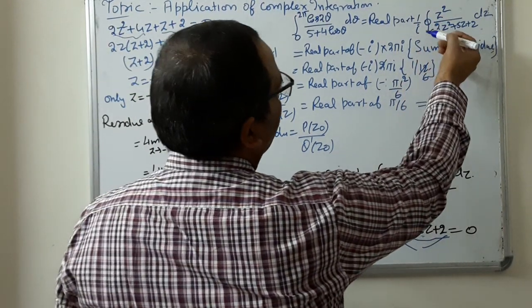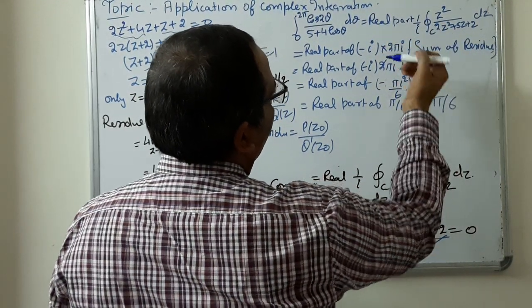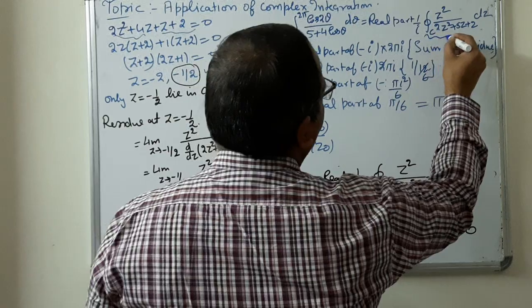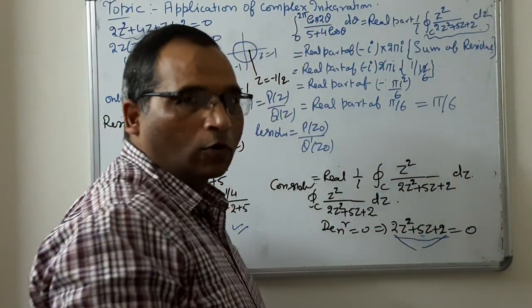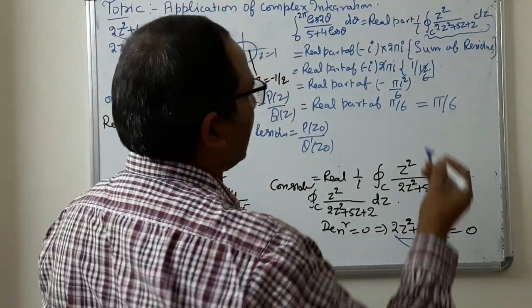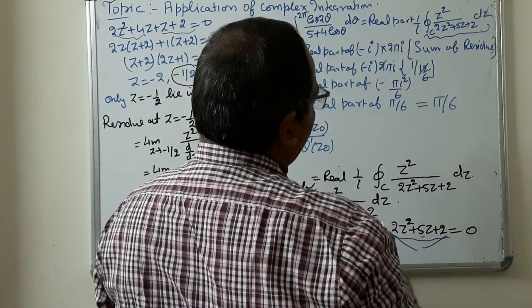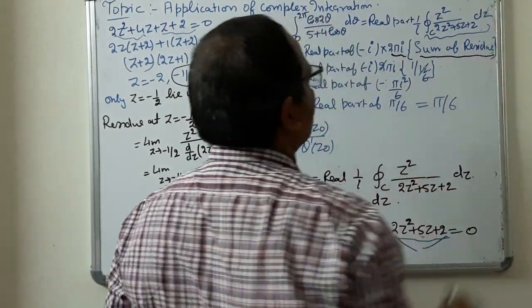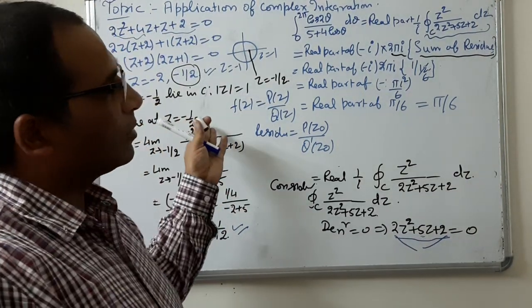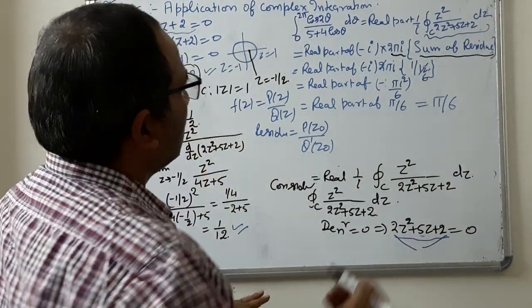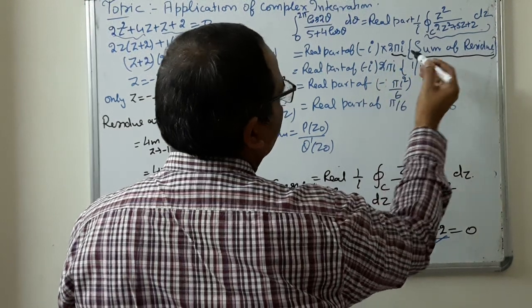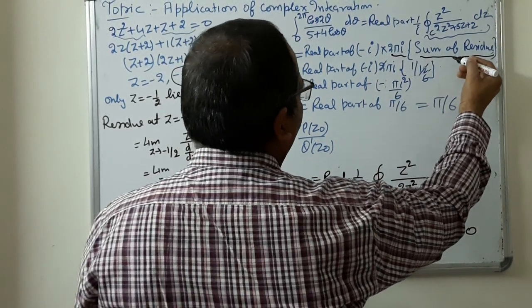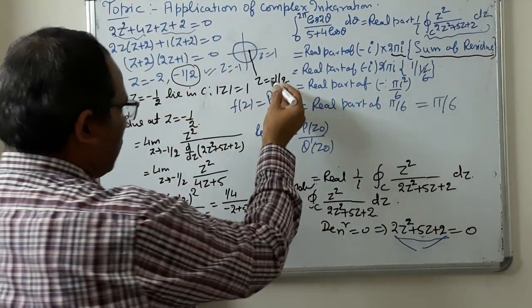So 1 upon i can be written as minus of i, and the value of this integration by Cauchy residue theorem we can write as 2 pi i into sum of residue. And here only one singularity is there, so only one residue will be there. We can write this as real part of minus i 2 pi i, and the value of residue at z equal to minus 1 by 2 is 1